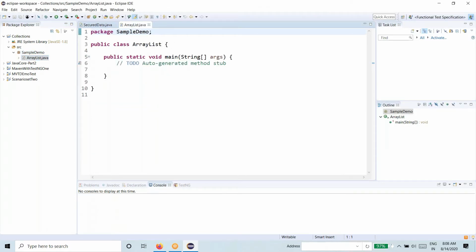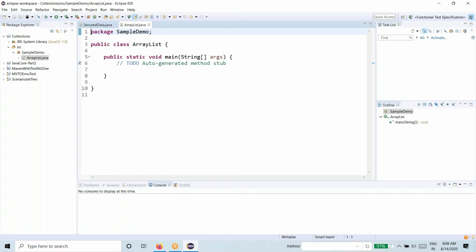So about ArrayList. ArrayList is a class which is available under the util package of Java, and it is under the List interface. We have many interfaces in the util package. Those are List, Set, and Map interfaces. So under the List interface, we have so many classes. One of the classes is ArrayList. Another one is LinkedList. Then Vector is also there.